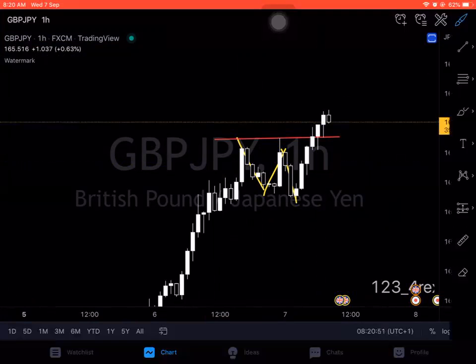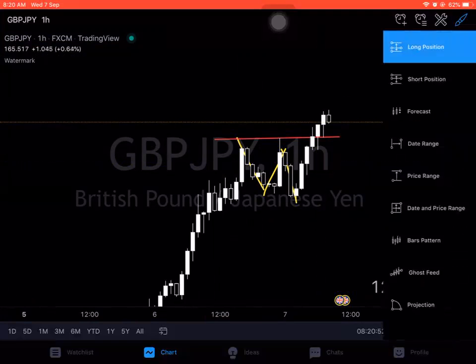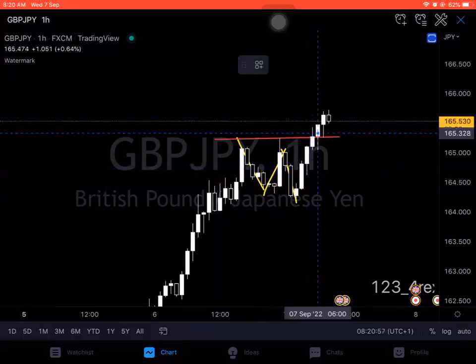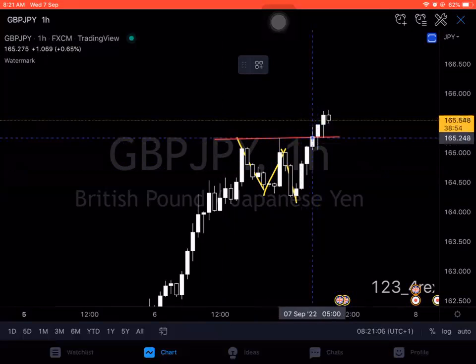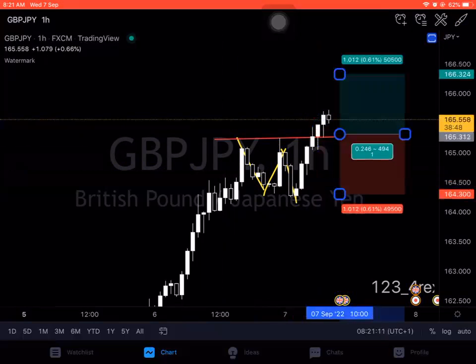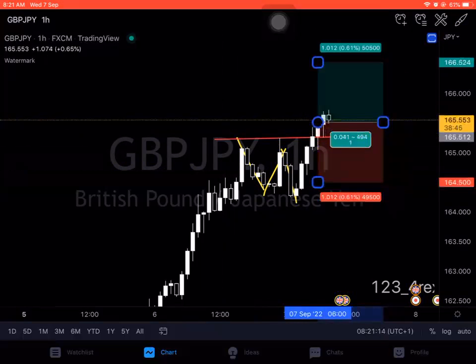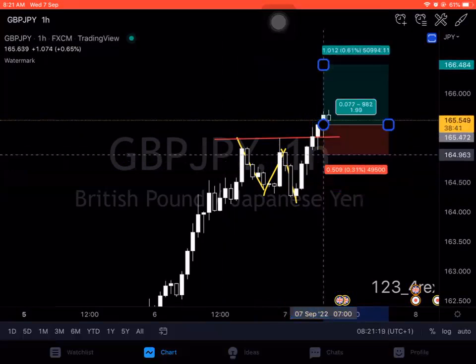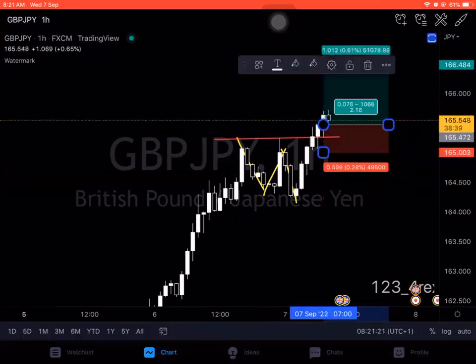Here is my entry. This is a long position. You enter at the close of the candlestick, just around here. Here was the close of the candlestick. This one too kind of closed above, but it was not really clear. This was the one that closed above and it was really clear. So you enter above and then drop your stop loss below the candlestick, which will be around here, just below it, and then we'll target it to our